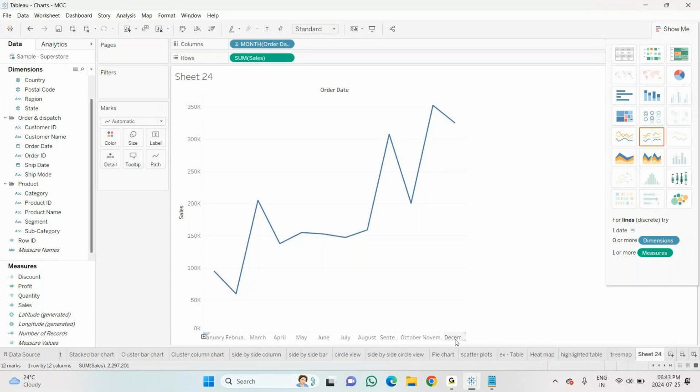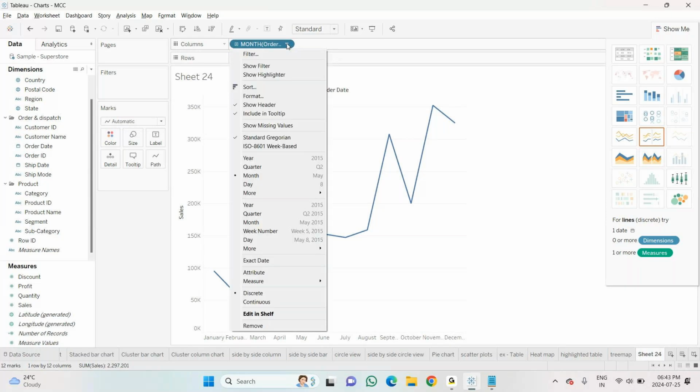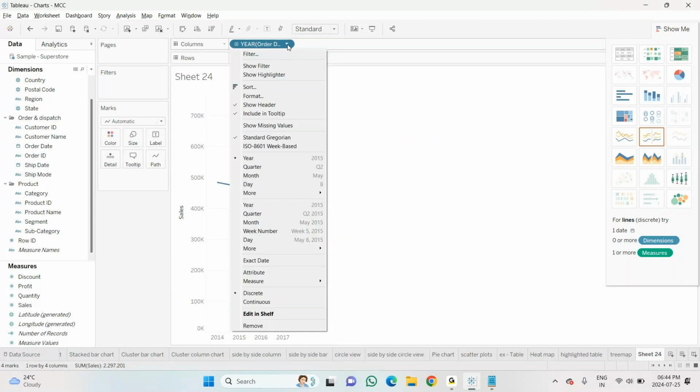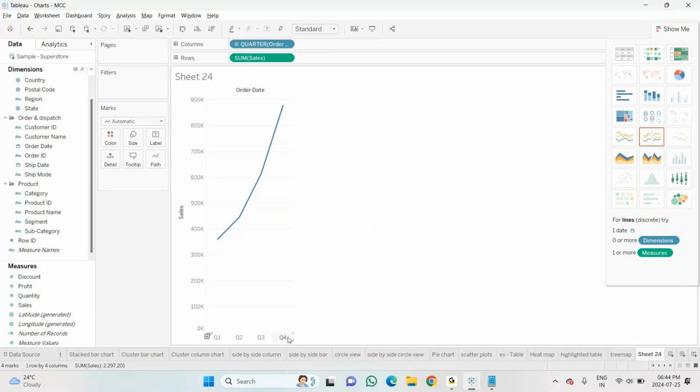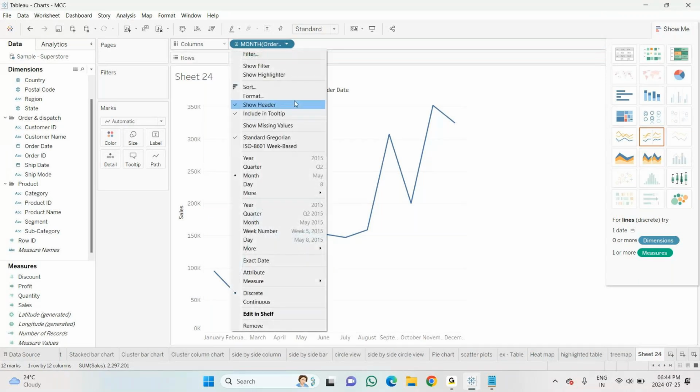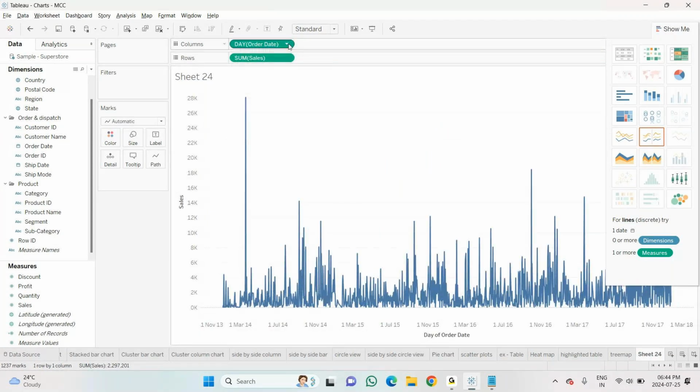Now what I want to know is, I want to divide this into the next part, right? I don't want this month wise. See, when I click on this, can you see here, there is one drop down. As soon as I click on this drop down, I can go for year wise: 14, 15, 16, 17. Again, I go for this. I want quarter wise: quarter 1, 2, 3 for all the quarters, so all the 4 years' quarters. All the 12 months sales. All the days, 365 days sales, 1 to 365 days. But this is not the thing which I'm looking for.